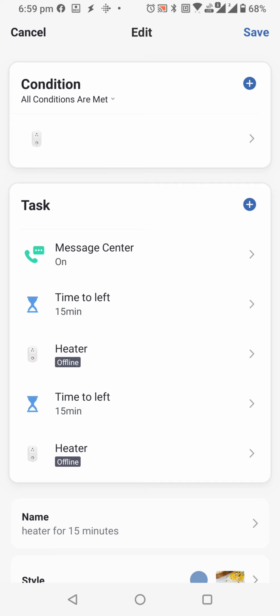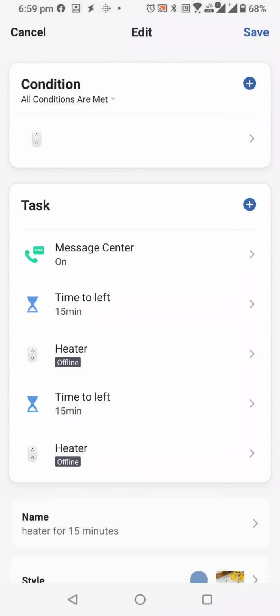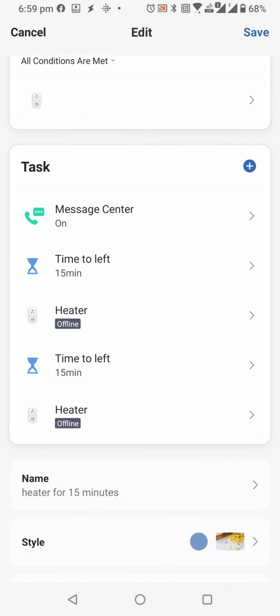Before doing that, let me show you the condition I have used. I have used "on". I have chosen the plug, and when the plug is on, it will match this particular condition and then start performing the task.